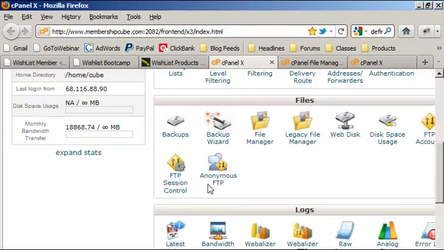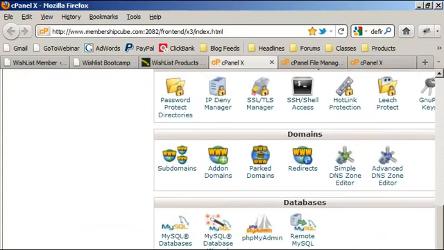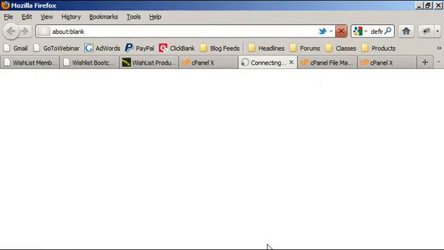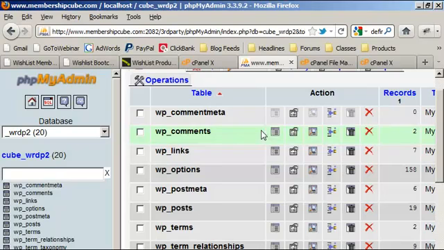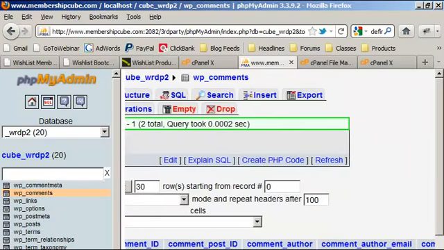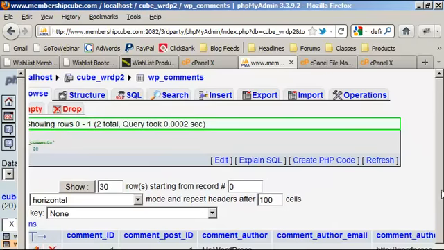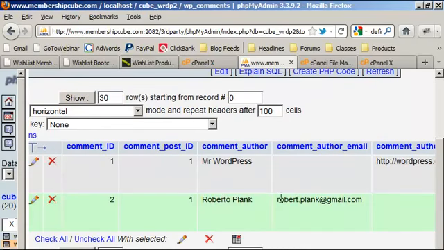So I'm going to cheat again real quick, and I'm actually going to look at the database. So this might look familiar to you, or might not. If this just looks like a bunch of scary stuff, just ignore it. But if you've used databases before, this actually might help you. I'm using another tool in cPanel called PHP My Admin. We're looking for the comments. So we're going to click on the browse icon and comments. And this just stores things with an ID here, an ID there, the person who left the comment,